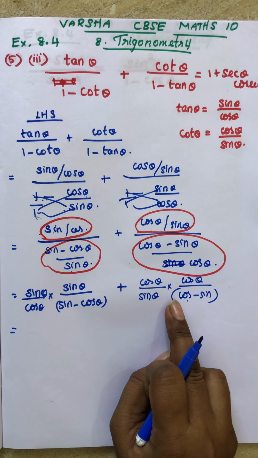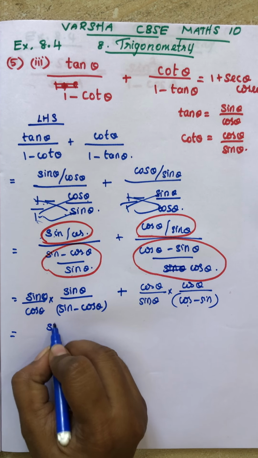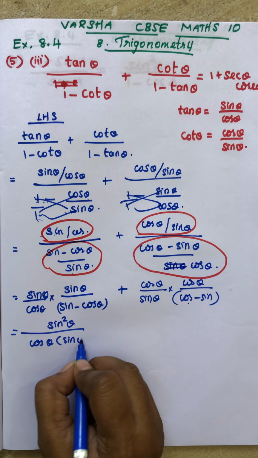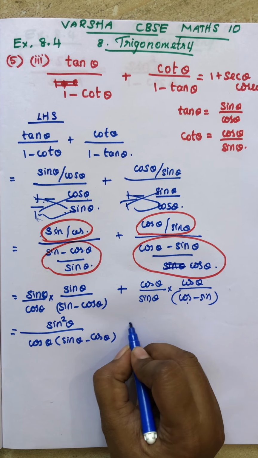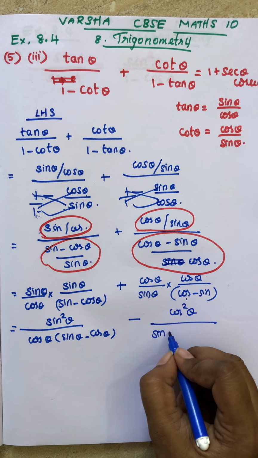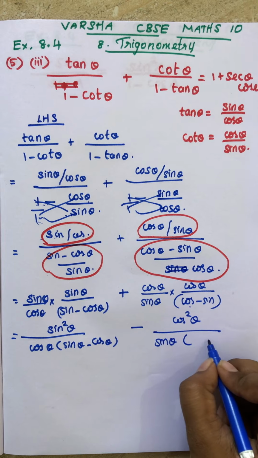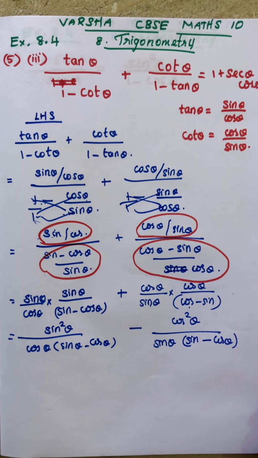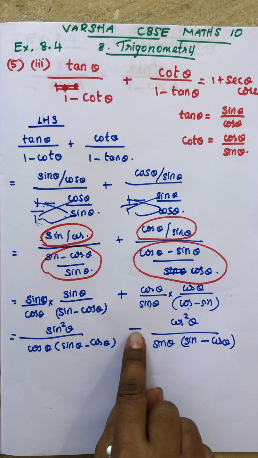So to make them equal, only the sign is changed, because here it is plus sine minus cos, and here plus cos minus sine. To equal this, I am going to take the minus sign from here. Okay, see this will be sine square. Listen carefully students. Simple step but understanding is very important. I am going to take the minus outside, so the minus sign will be here. This is cos, this is sine. See I have taken the minus outside, so cos will be minus and sine will be plus.